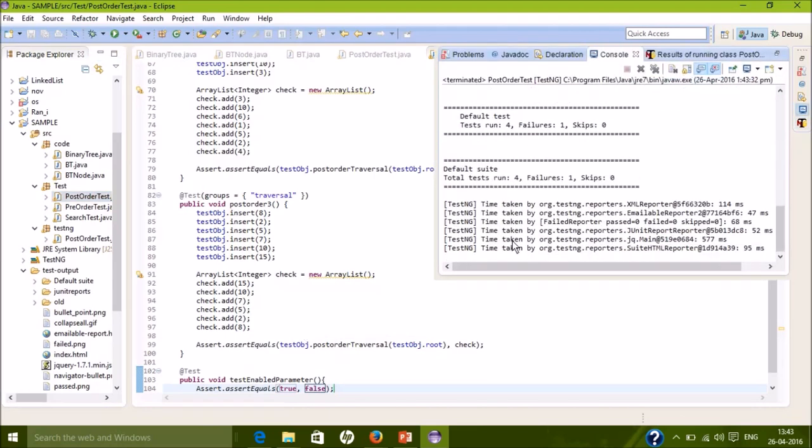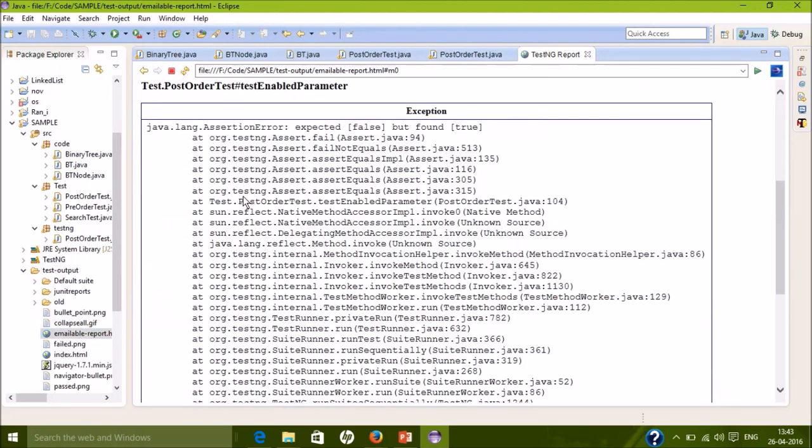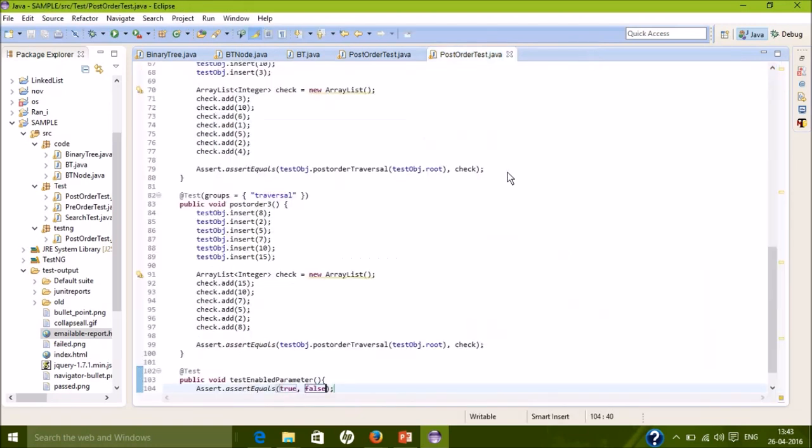It shows that 4 test cases are run and 1 has failed. We'll now see the emailable report to check which one has failed. The test enabled parameter has failed as it was expected to. Now I'll add the enabled parameter to this test method, and I'll run this test class again.